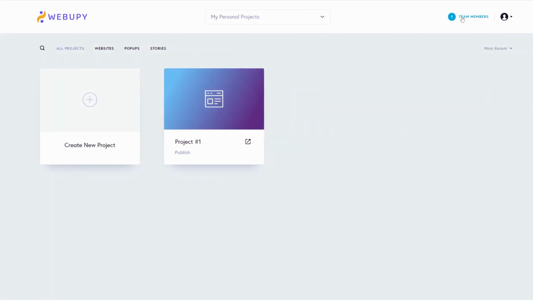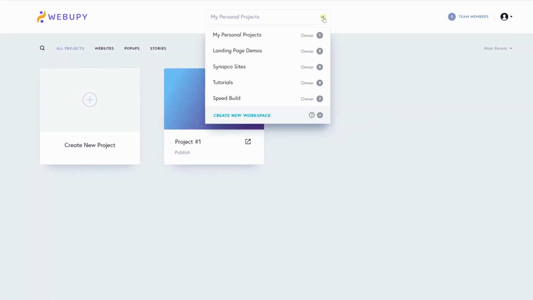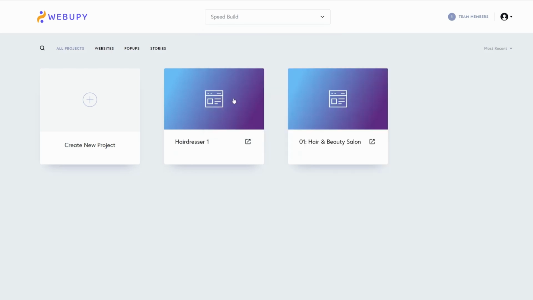Team members go hand in hand with your workspaces. Think of clients and giving access to those clients to the different workspaces. Let's choose this one over here. And then I'll go to team members, and by default, you as the owner will be added as a team